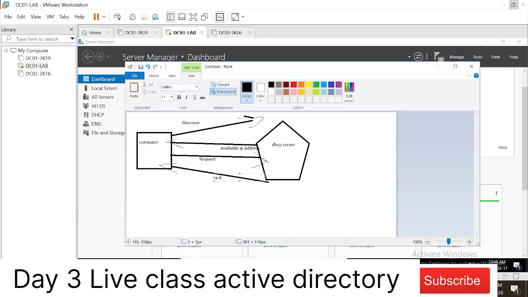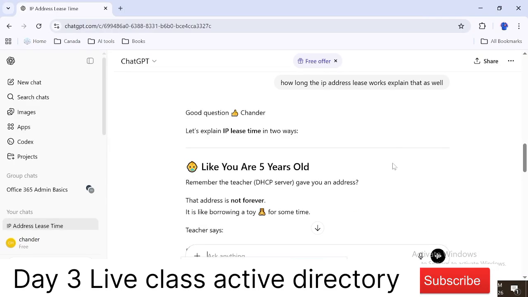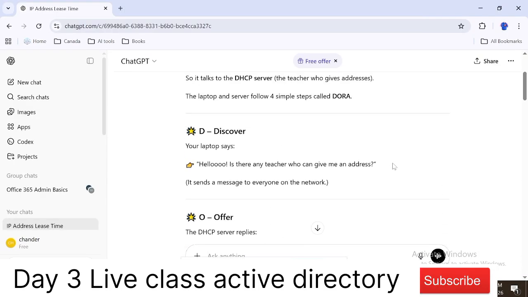But if this computer keeps on working for 7 days, then the DHCP server will try to reach the computer to see whether it responds or not. If it continues working and does not respond to release the IP, then it renews the IP address lease for the next 6 more days, 13 days. If for 13 days also it does not restart the machine, then it will automatically change the IP address for security reasons.